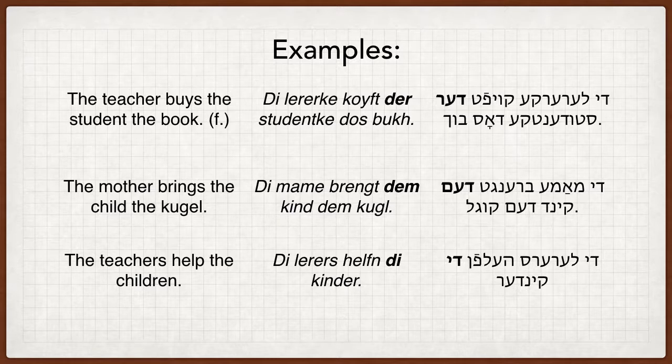Der Studentke, the student, she is buying the book for the student, but in Yiddish we don't need the "for". We just need dative, so der Studentke, because die Studentke is the basic form, and die in dative changes to